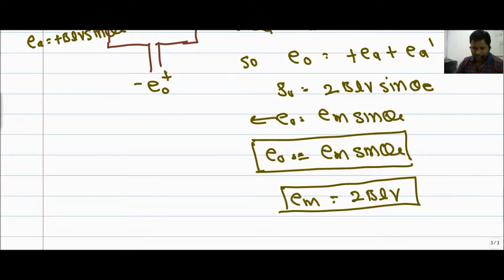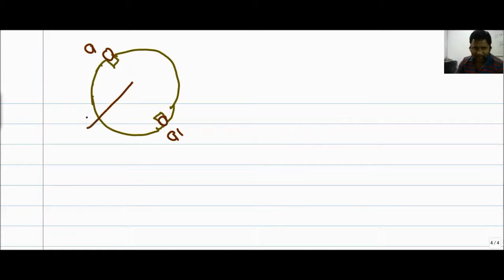Okay. Now we are considering the case where we calculate with the help of the number of poles and the flux. We have seen this question. So consider a coil A. This is A dash, this is A, this is B dash, and it is rotated by the external prime mover at speed N.